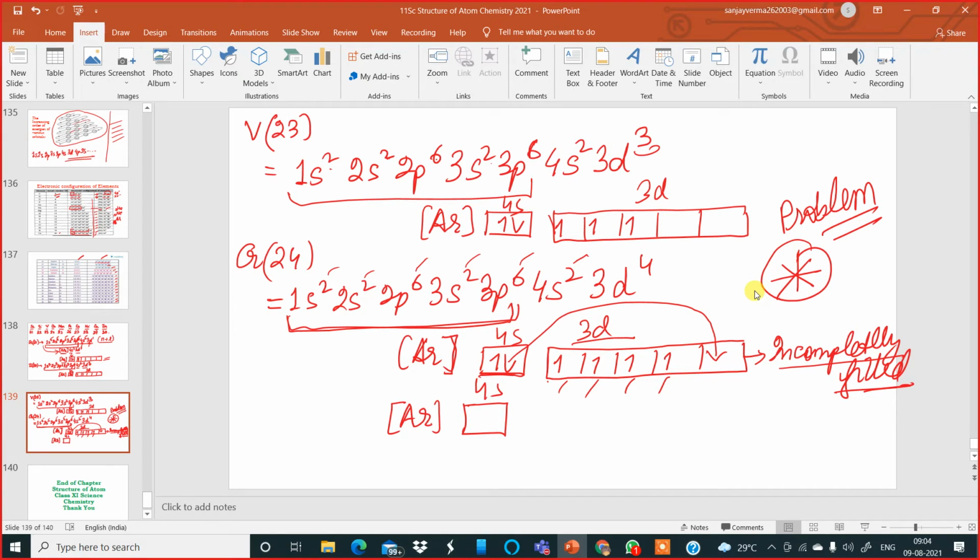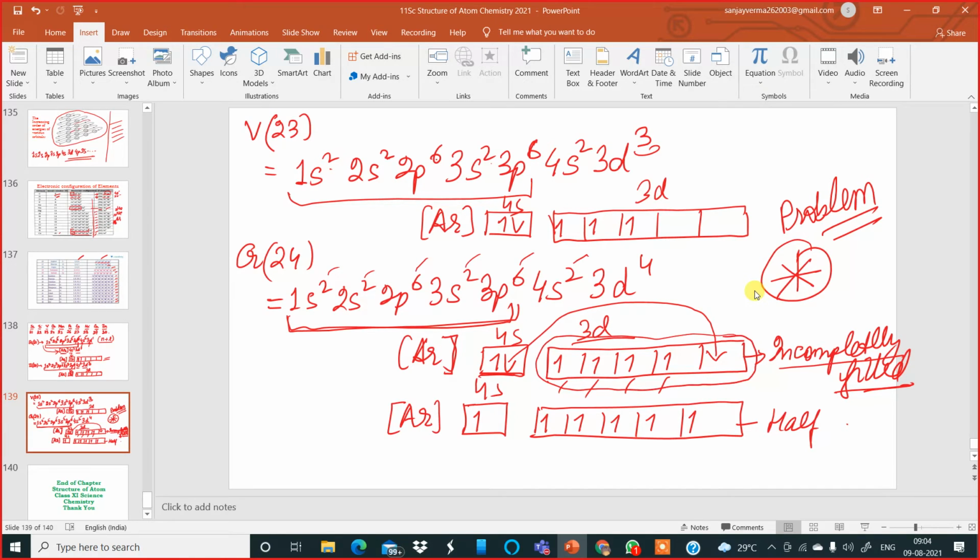Now the 4s orbital has 1 electron and the 3d orbitals, all of them, have 1 electron each: 1, 2, 3, 4 and 5. Get this? Whenever the 3d orbital has 4 electrons, the last orbital is empty, making the entire orbital incompletely filled. Remember this historically important word over here: any incompletely filled orbital is unstable.